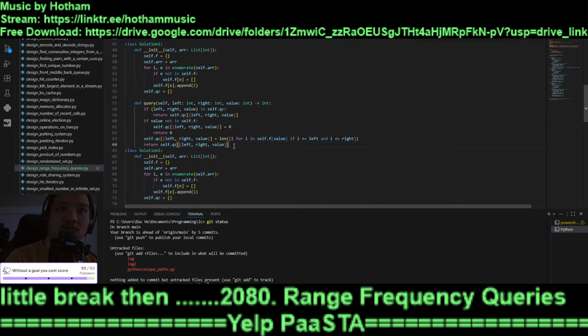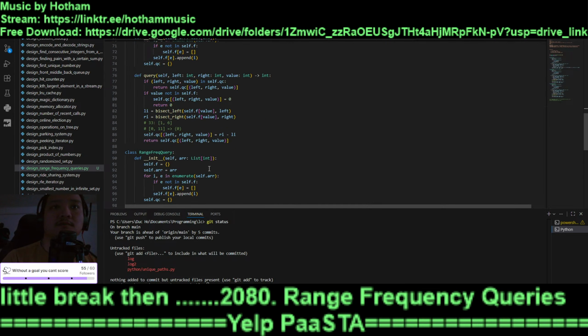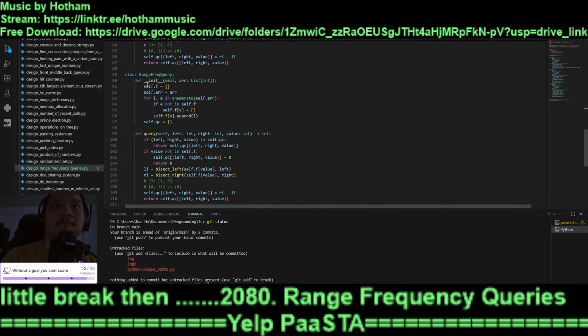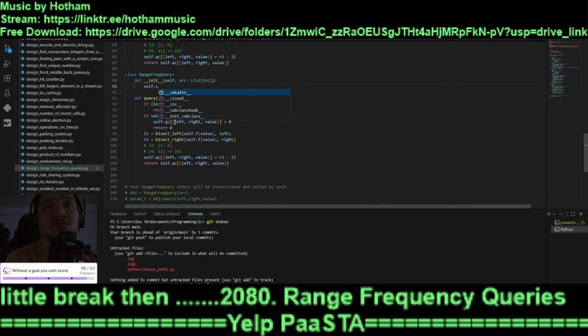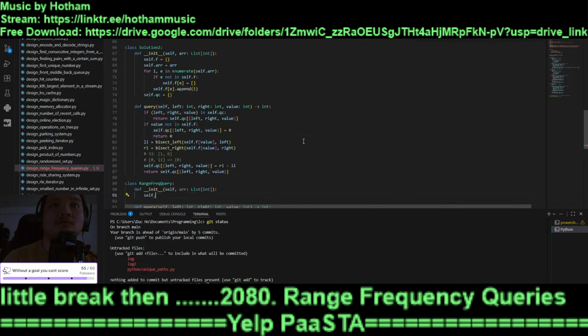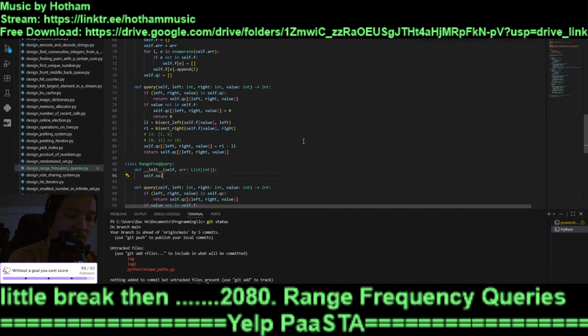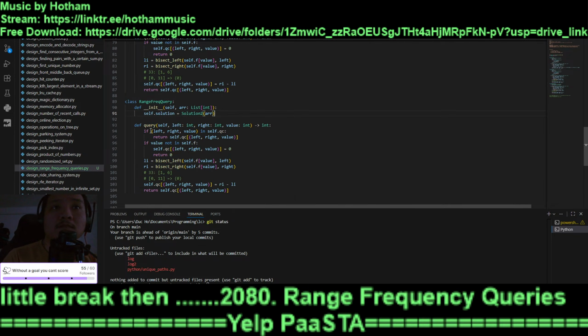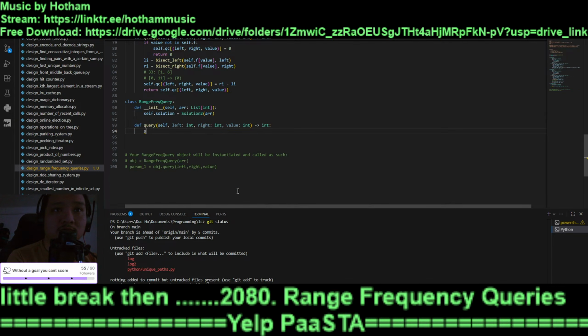Let's go with solution two for this. self dot solution equal solution 2, taking this, right? This is self dot